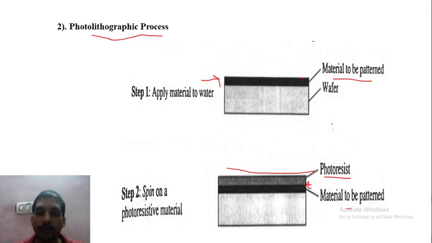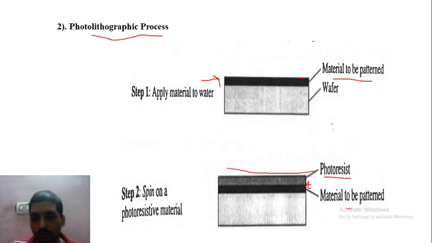The photoresist is basically nothing but a polymer which has the property that whenever it is exposed to light, it behaves in two manners: either it solidifies or it liquefies. It converts its state. There are two types of photoresist, positive photoresist and negative photoresist. I am talking about the positive photoresist right now. Positive photoresist has the property that when exposed to light, it liquefies, and hence we can remove them easily. We can wash them easily from the portion.